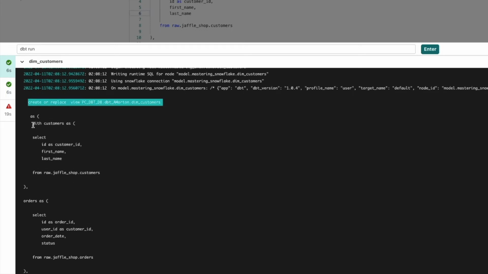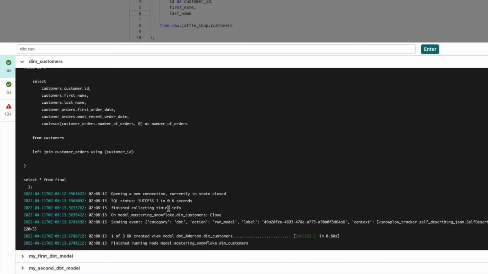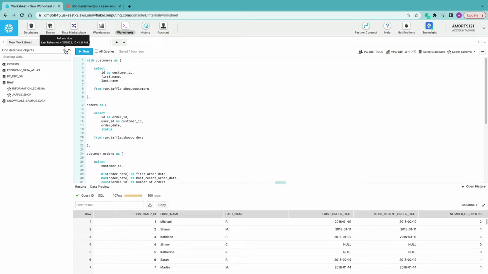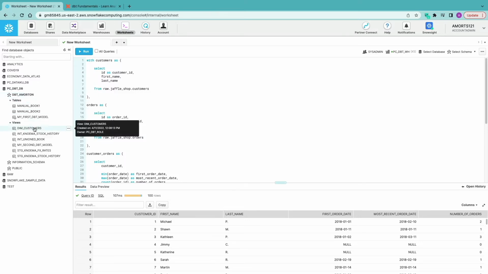And then there's the code that we specified directly in DBT as part of our dim customers. You can see that it opens a connection to Snowflake and executes the code within Snowflake. So now if we go back into Snowflake and we refresh our database objects and we go to our PCDBT database, you can see it's created the default schema, my first initial and surname. In here then, we've got some objects I created earlier and also the dim customers view that we just created